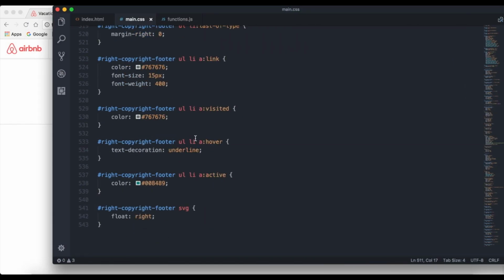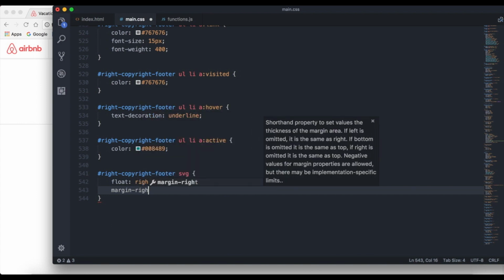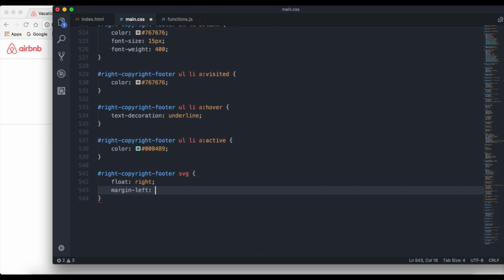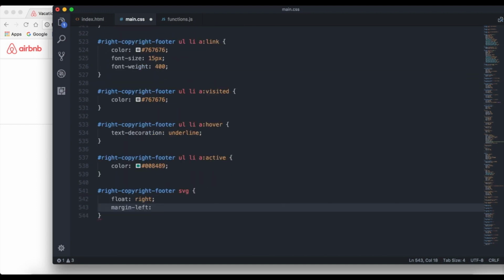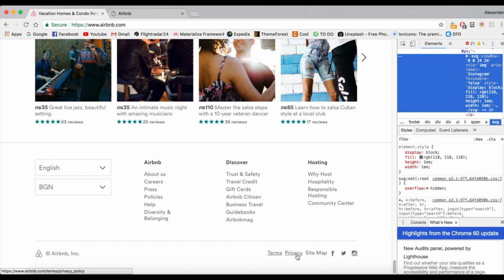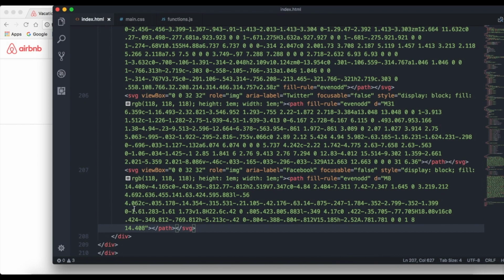Okay, now I want to do margin right. Actually, let's say margin left of 8 pixels. Did we say no? 10 pixels. Yeah, and now we're not gonna say for last element because we really do want the last element to also have that margin. But now we have to wrap them around in links, so